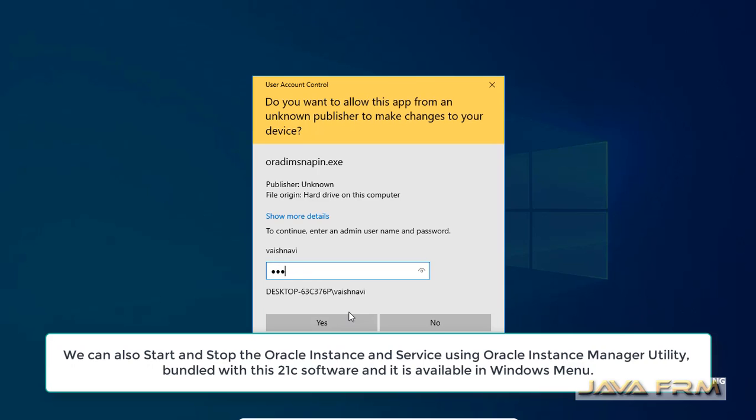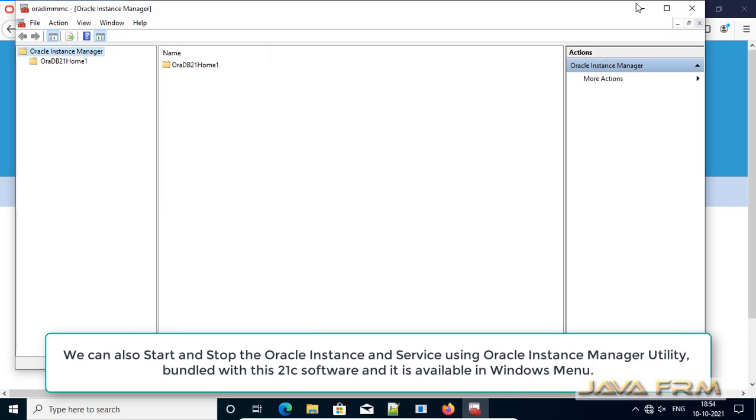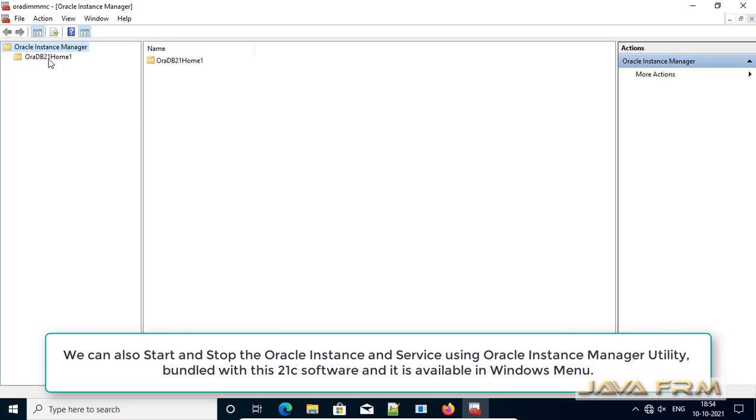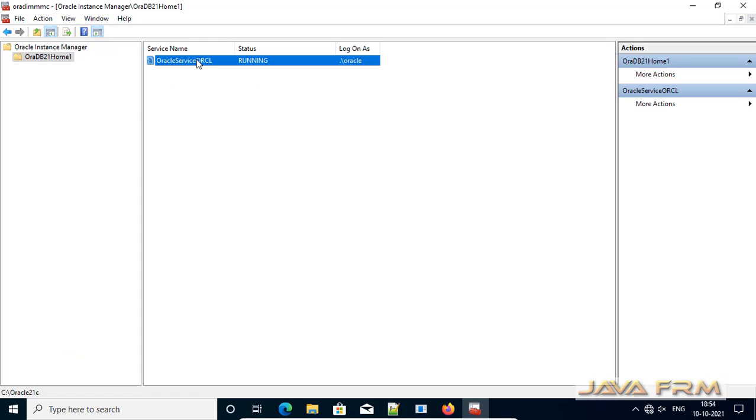Provide the administrator password because we are going to start and stop the Windows services. Here you can see that Oracle service ORCL is up and running. You can shut down and start using this Oracle Instance Manager.